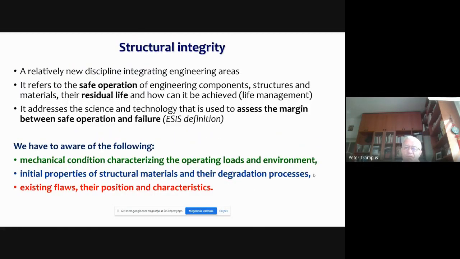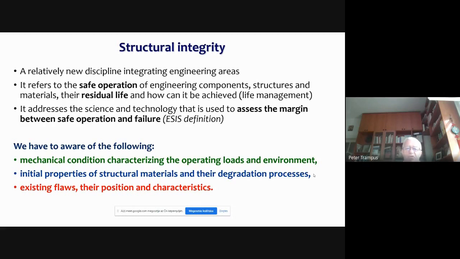And let's move to the structural integrity area. What is the role of the NDT in the structural integrity assessment? The structural integrity, in my view, is a relatively new discipline which integrates many engineering areas.